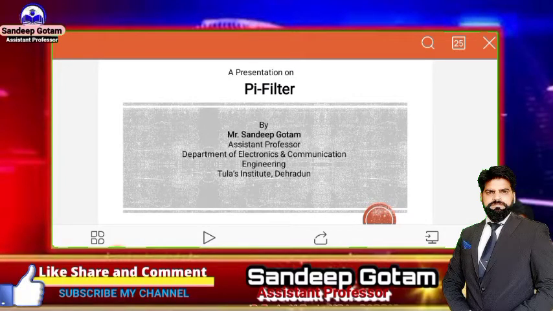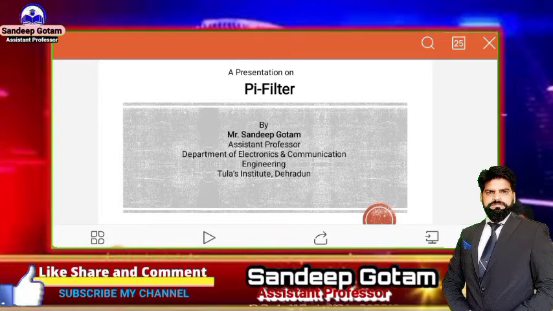तो आप लोगों को पता होगा कि रेक्टिफायर हम लोग बनाते हैं. The purpose of the rectifier is to convert the AC into DC, and the requirement of DC is basically because most of the home appliances and the circuitry we are going to operate with the DC. But when we are talking about the half wave rectifier, what exactly happened?